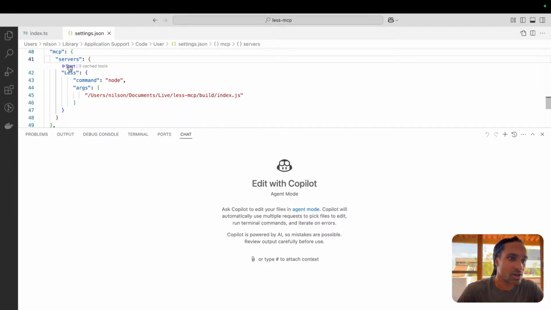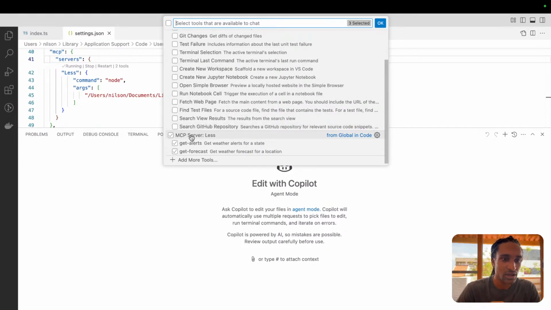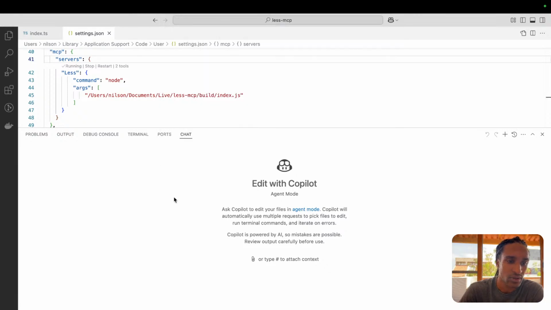Doesn't matter. So let's run start here and go back here, and we should see our MCP server for weather. So these are the two tools, as they call them, essentially actions. So I can toggle them on and off, or I can leave them all running. And then let's say,